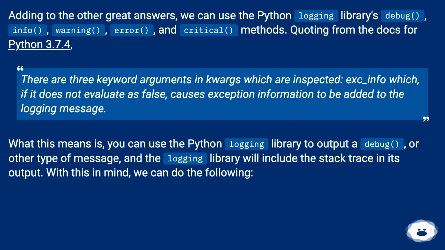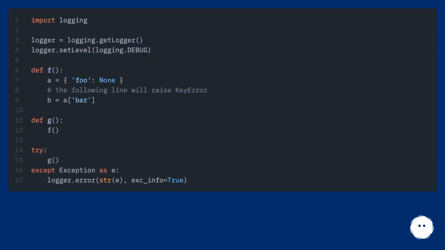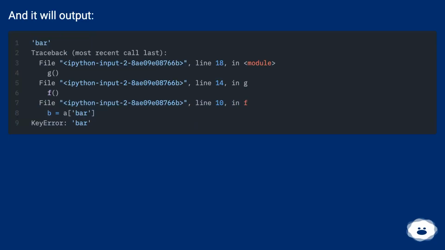What this means is, you can use the Python logging library to output a debug, or other type of message, and the logging library will include the stack trace in its output. With this in mind, we can do the following. And it will output